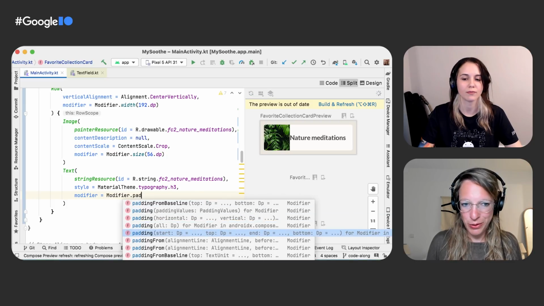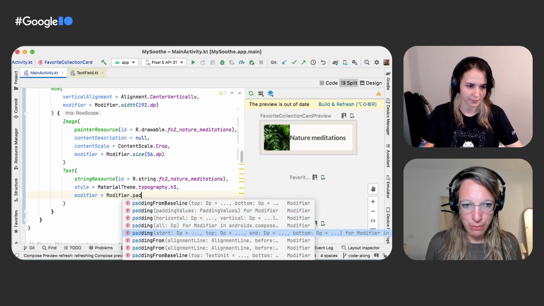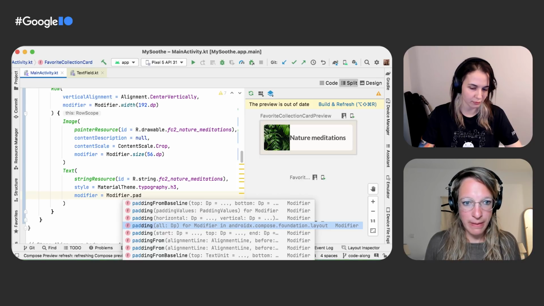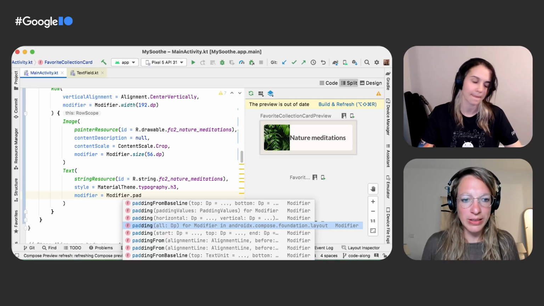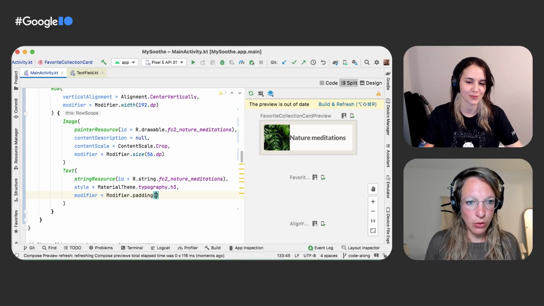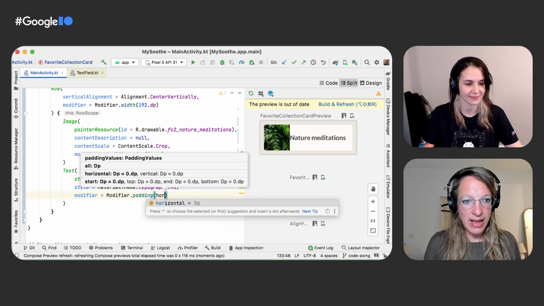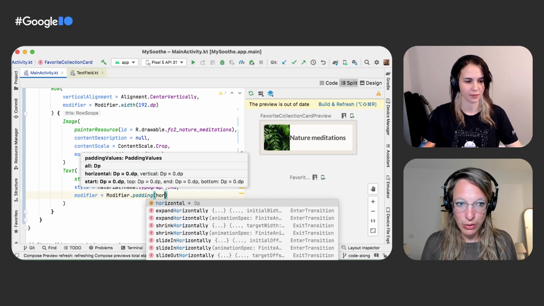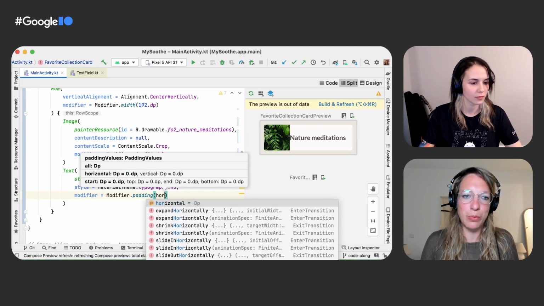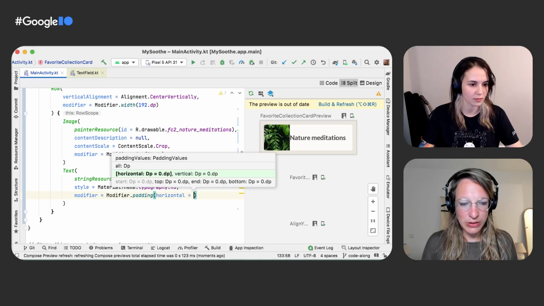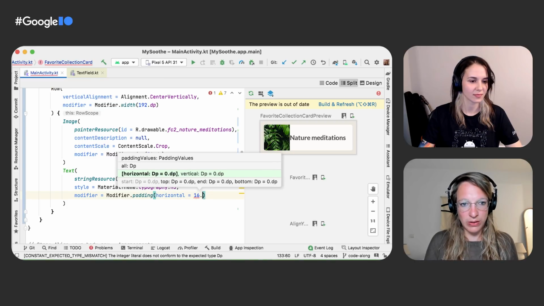As you can see, there are different ways that you can set padding. You could do it with specifically the start, top, end, and bottom, or you can give all of the sides the same padding. But in our case, we're using the horizontal or vertical one. And here we can see that by default, it will use 0 dp for both horizontal and vertical. So if we don't want to do something special, we can say for horizontal, we override it with 16 dp.